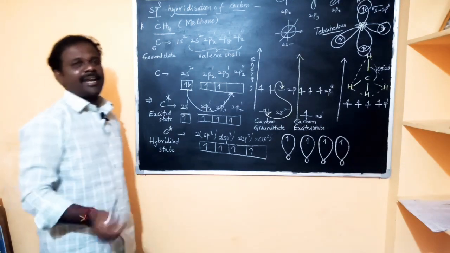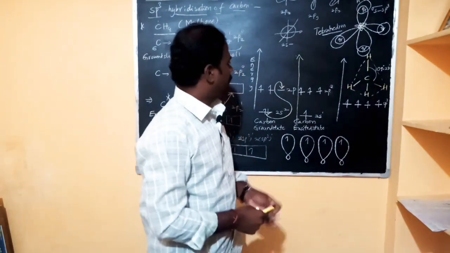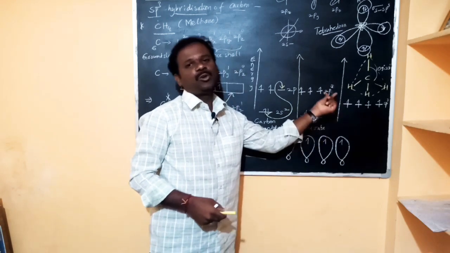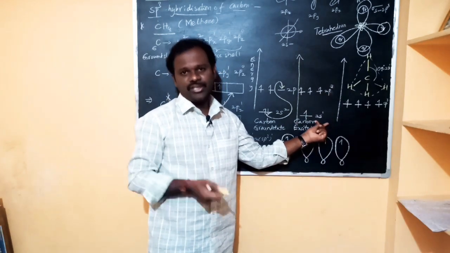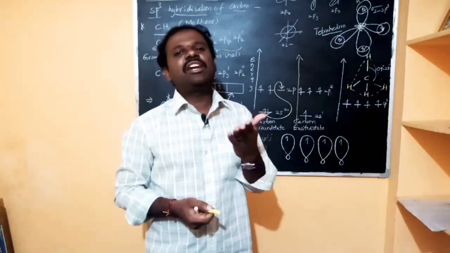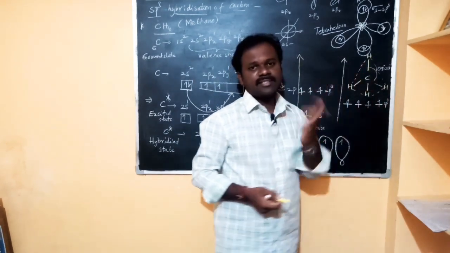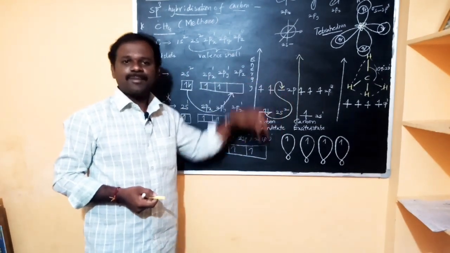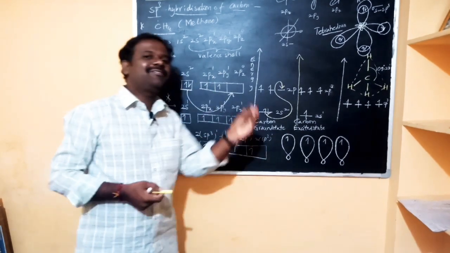But the energies are different, as well as the shapes of the orbitals. 2p is clearly higher in energy than 2s, and 2p is dumbbell in shape, while 2s is non-directional, spherical in shape. So there is no chance for the formation of equivalent bonds, because their energy as well as their shapes are different. So that's why they are going to intermix with each other